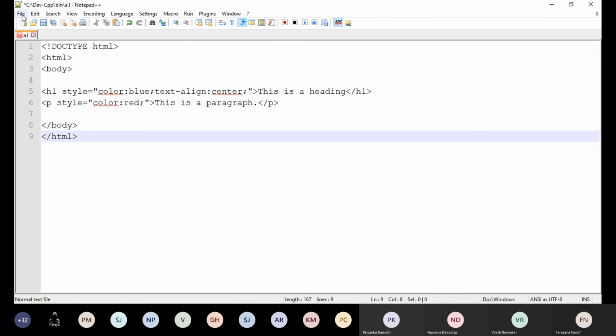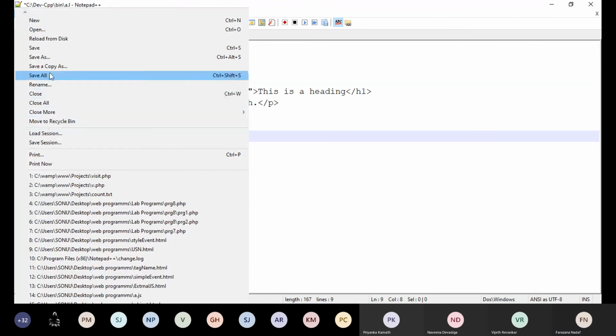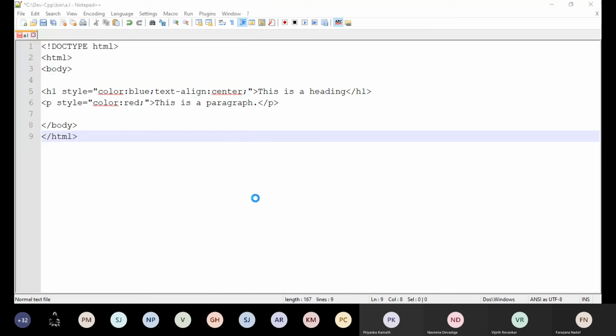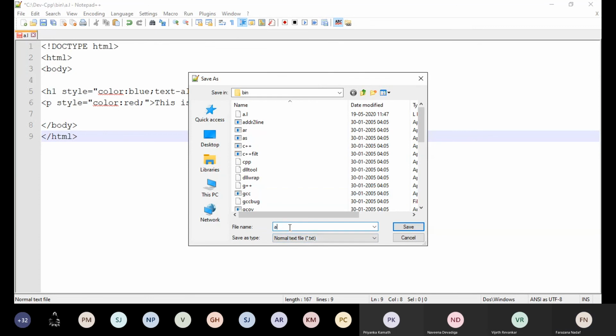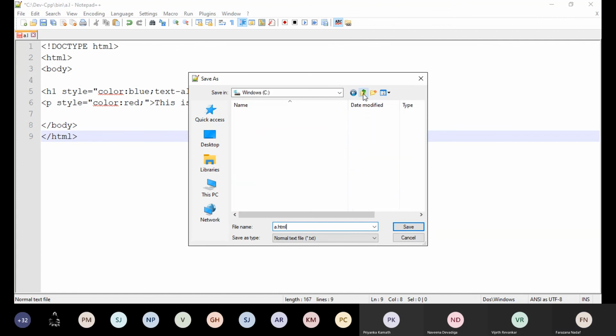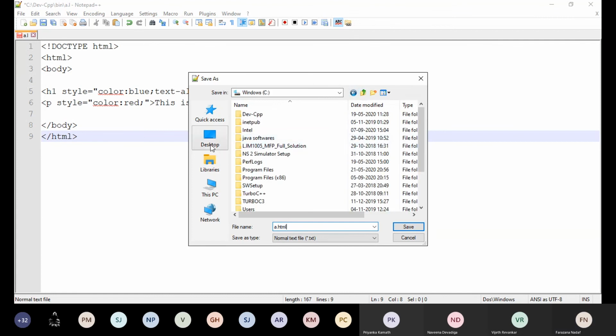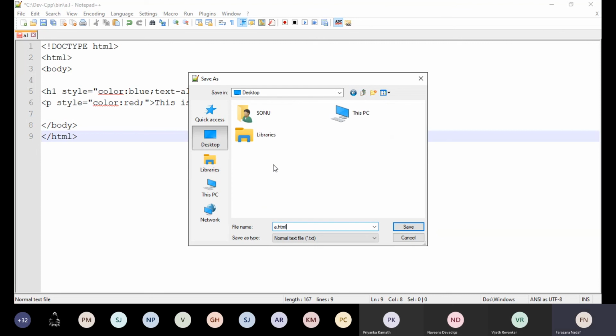Yes. Harsha, is it visible? What I'm doing in the notepad? Vijay?